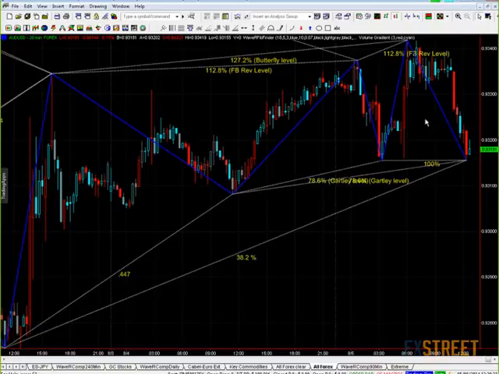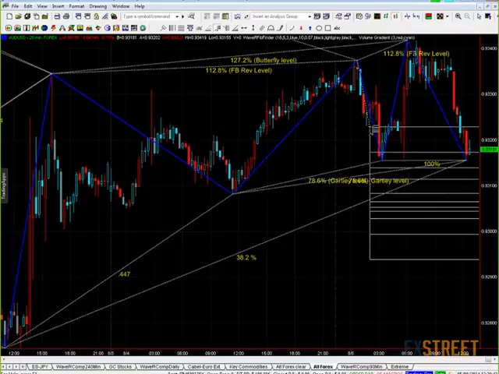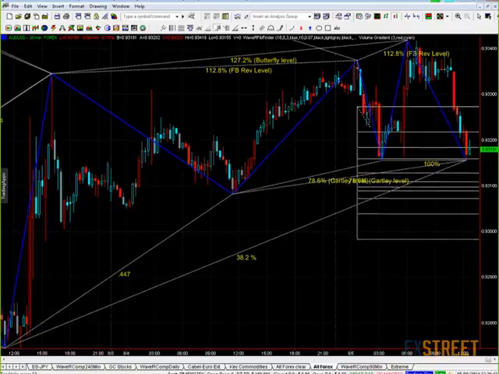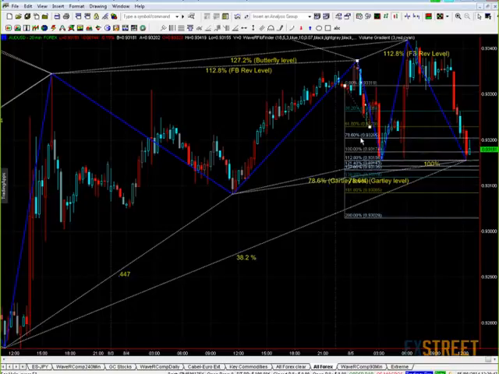So if we were just to look at this little move on the way down, I'll measure it. You can see it's picked up a butterfly level. So we've got an A move to here. Then we've got a little B move that runs on up. And then we've got the C move that runs just over 100%. And it runs to the 112.8% level that we actually looked at. So we tend to get these moves time and time again.